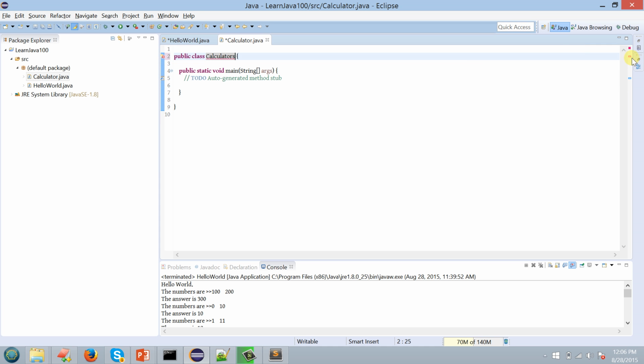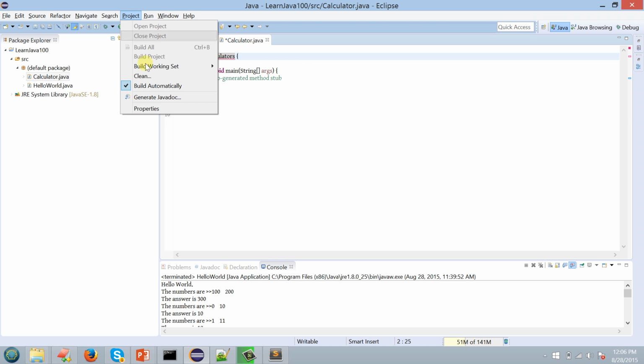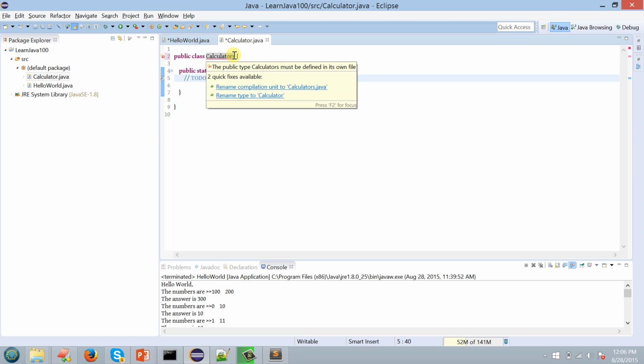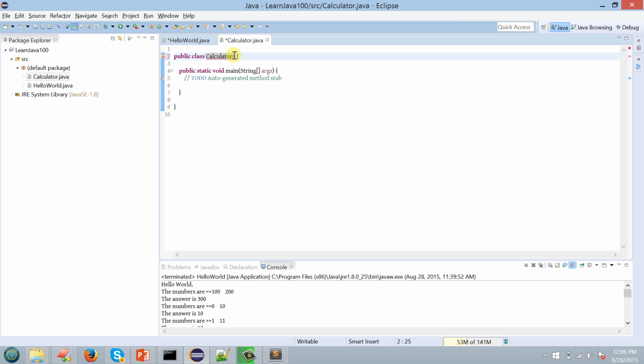If we see a red line on the right side, it means it's a mistake, an error has happened. This program won't be able to be converted into a class file because there is a compile time error. So if you run javac, it will throw an error. Eclipse is doing this automatically for you because we have enabled the build automatically function, to make sure that you don't make a programming mistake.